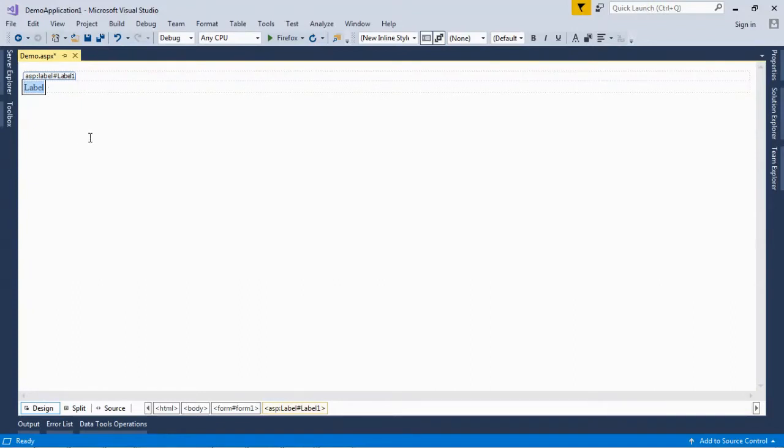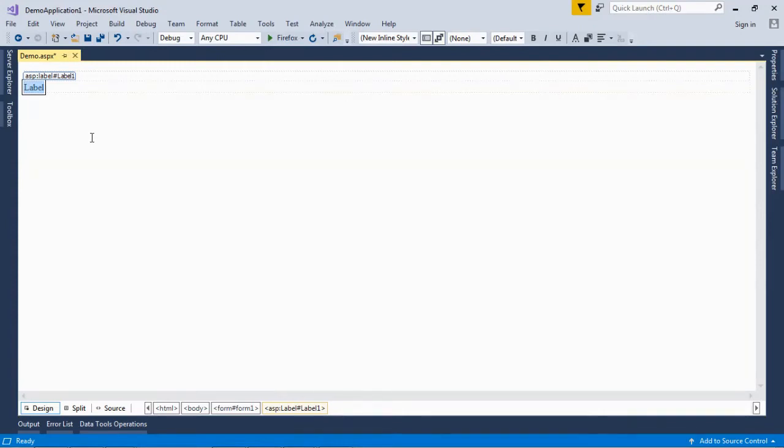The label control is normally used along with other controls. The label gives an indication to the user on what is expected to be filled in the text box. A common example is where a label is added along with a text box control.